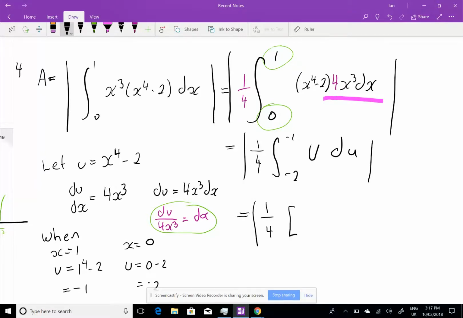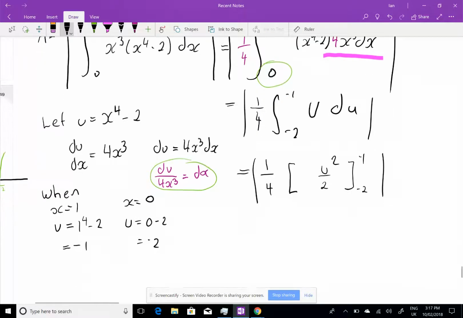So add 1 to the power, u to the 2 over 2 between minus 1 and minus 2, which gives me a quarter, minus 1 squared on 2, minus 2 squared on 2,